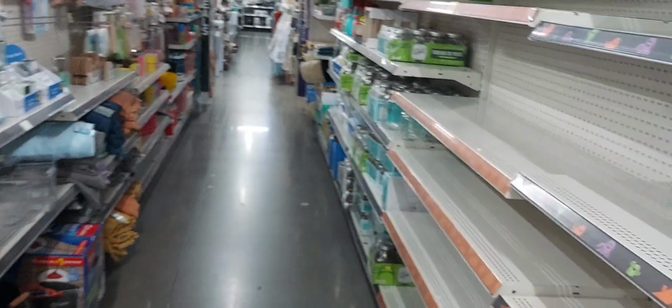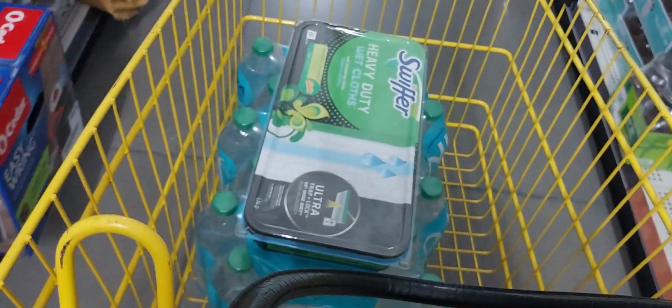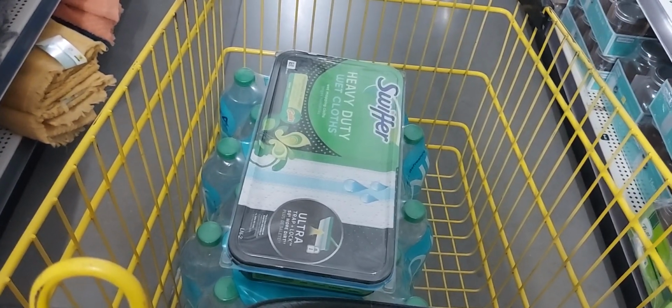Okay guys, I just made 2 separate transactions with the Swiffer Wets. I did 1 on each transaction and it did come off. The $5 off 1 came off, but the $2 off 1 digital coupon did not come off. So that's that. So it does work,